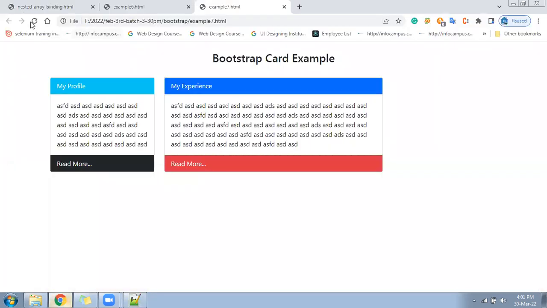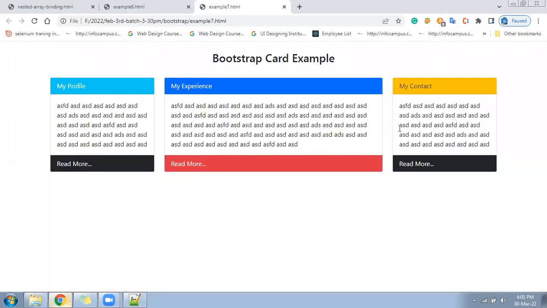Check now. It will come in orange, yellow color.